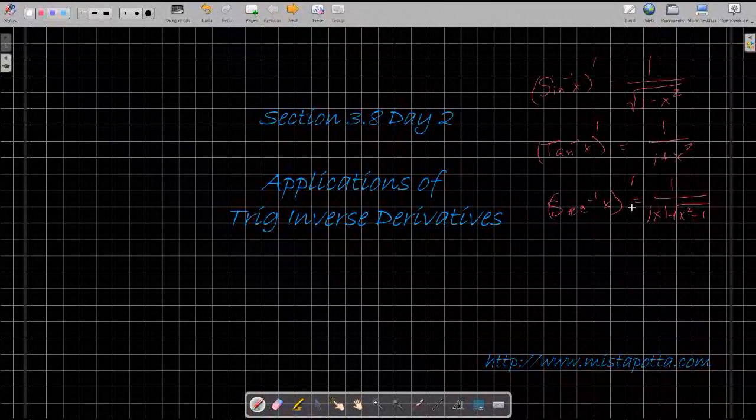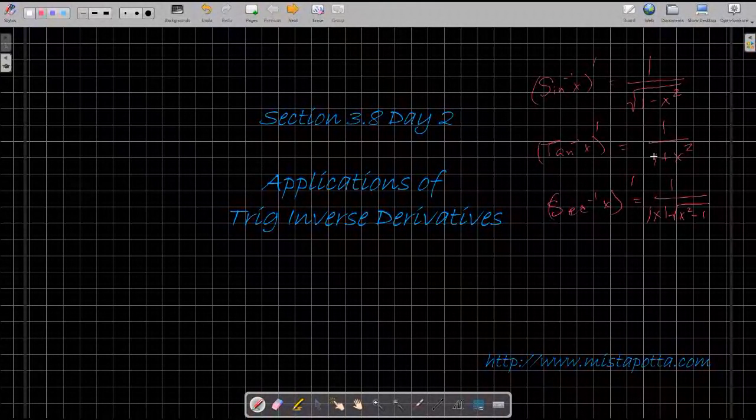And we also talked about how with cofunctions, the derivatives of cosine inverse, cotangent inverse, and cosecant inverse are going to be the negatives of each of these three functions. So what we're going to talk about today is a couple of applications of